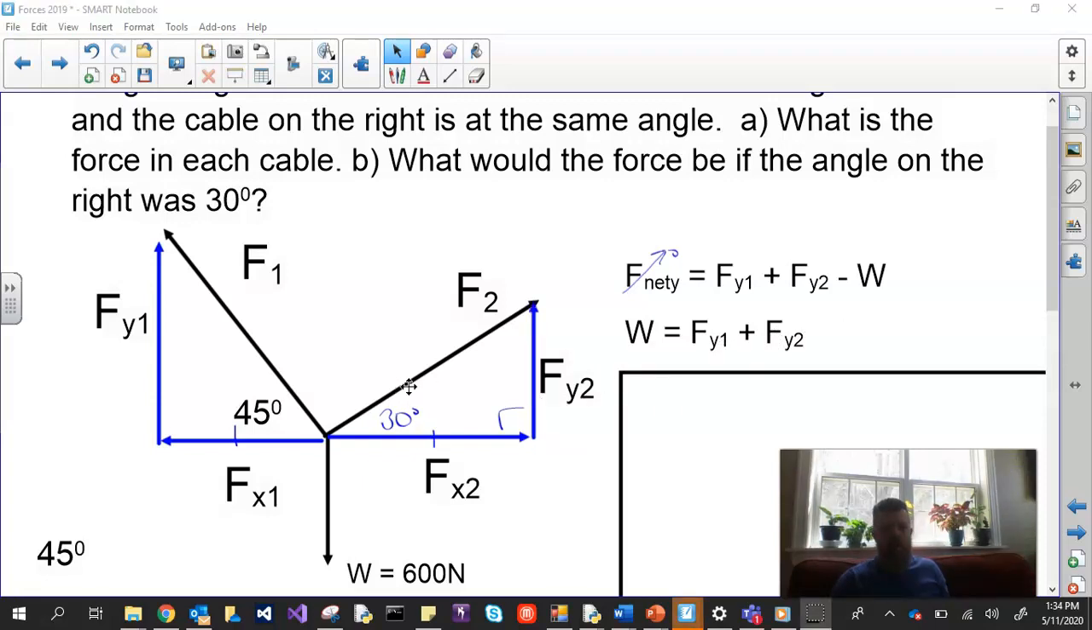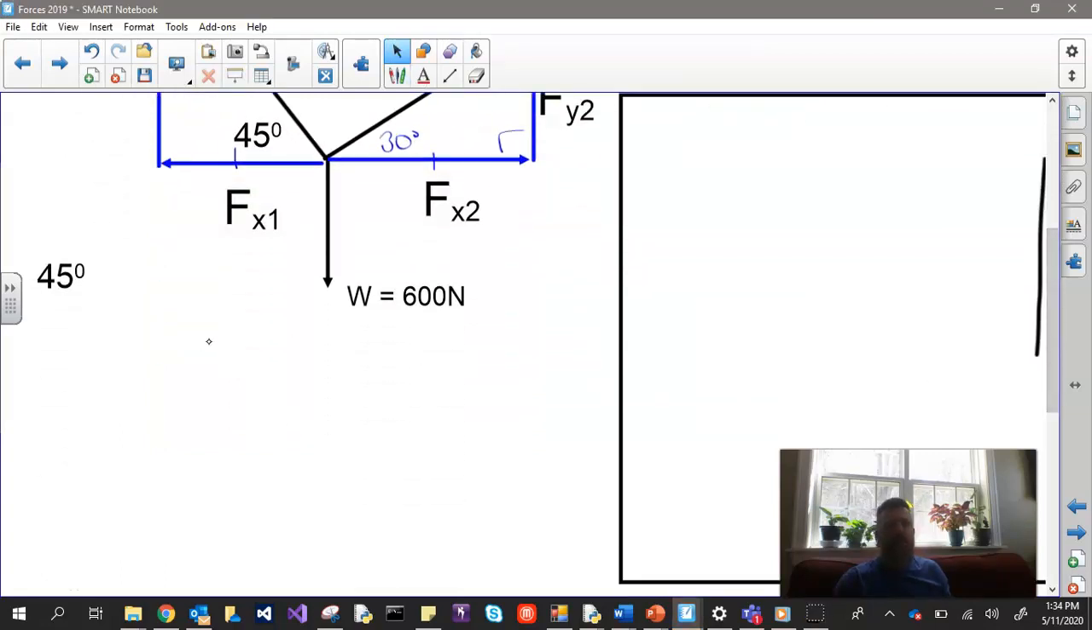So at this point, if we had equal angles, this would be easy because these two numbers are equal to each other. So we would just replace Fy2 with Fy1. We'd have two Fy1s and we could solve it. But they're not equal to each other. Fy1 does not equal Fy2. So what do we do here? We have to come up with some kind of relationship. So if I look at it,